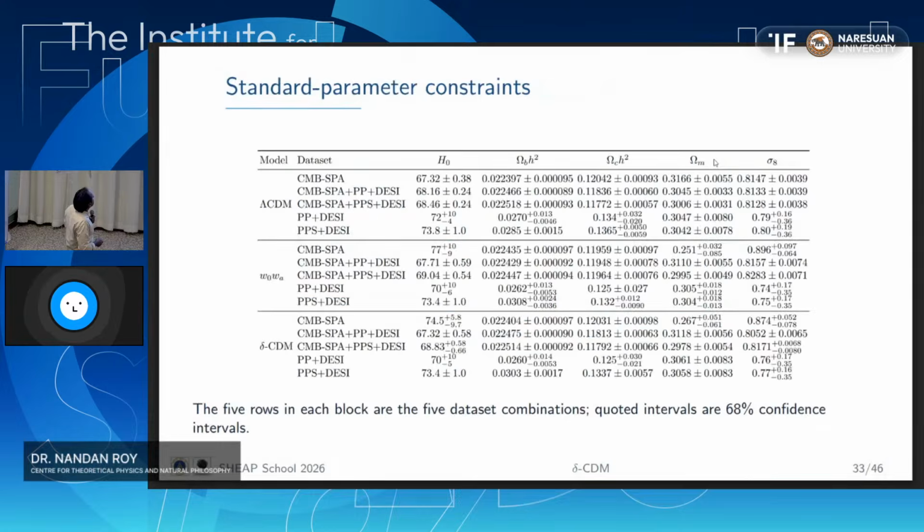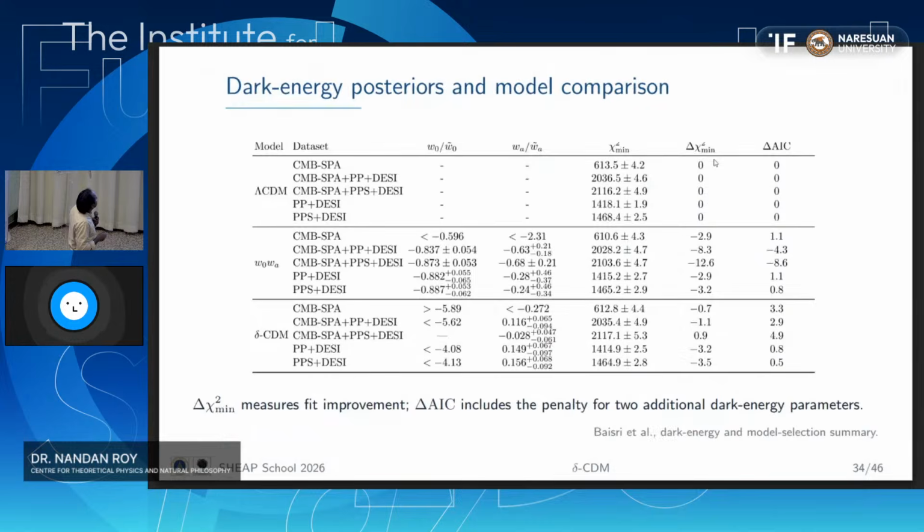And then when we did it, these are the results. The result is consistent, but the most interesting part is the comparison here. This is the comparison with CPL. This is consistent with the DESI observation, because they also use this w0, wa, or CPL. Our model is not favored over, the lambda CDM is favored over our model.